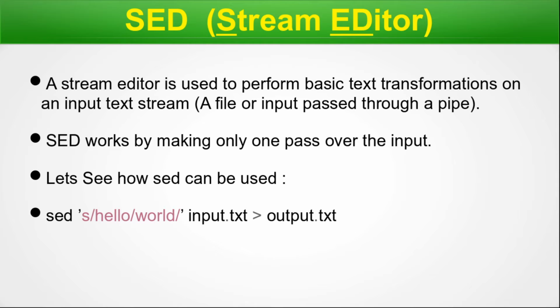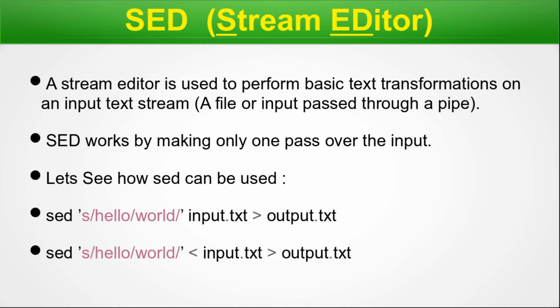It does not interfere with the text stream, but it produces a separate output and you have to capture the output in a separate file. This is the default operation. So another way is that we write sed, then within quotes s/hello/world, then left arrow input.txt, and then the right arrow to output.txt. So we know that the left arrow is a stream input. Okay, either we can mention it or not mention it, but it remains the same.